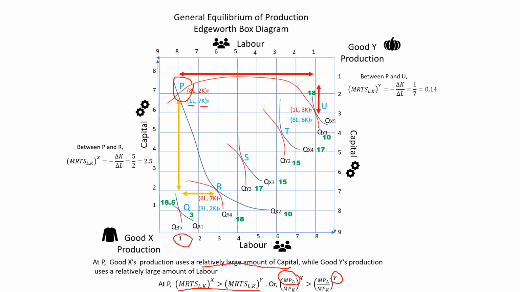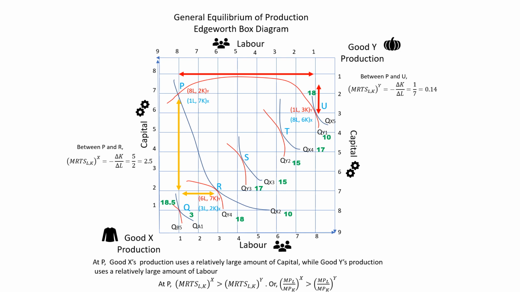So this is one situation in which there is likely to be a reallocation of labor and capital among the production of these two goods or these two commodities, so that we are able to deploy the input in the production of that particular good where it has a relatively higher productivity, where we can achieve a greater amount of efficiency in the production of the output of that particular commodity.